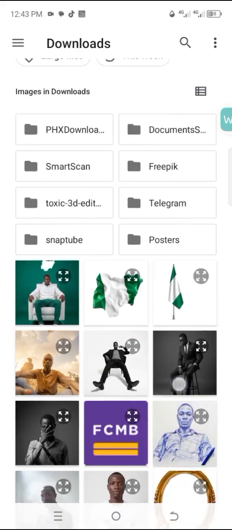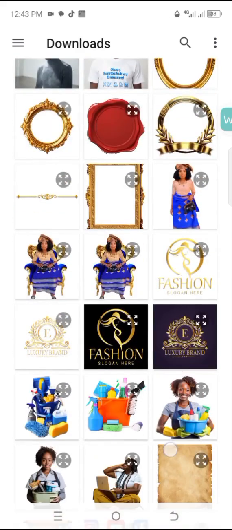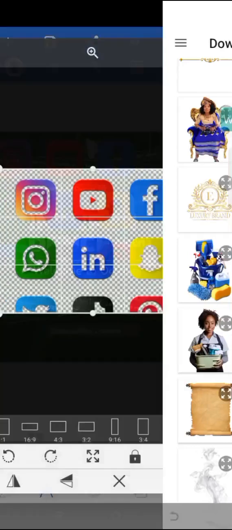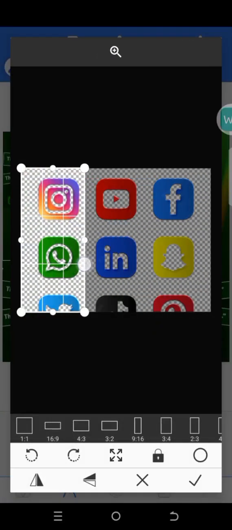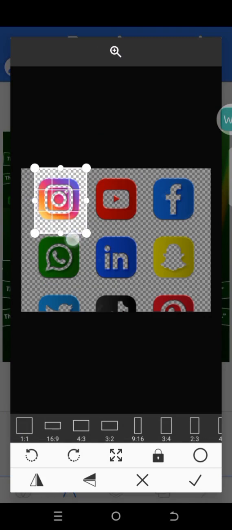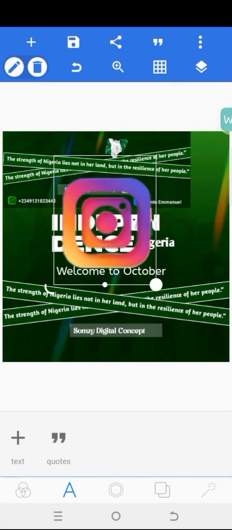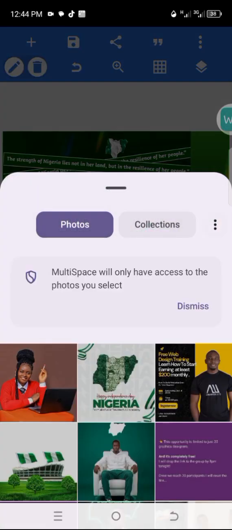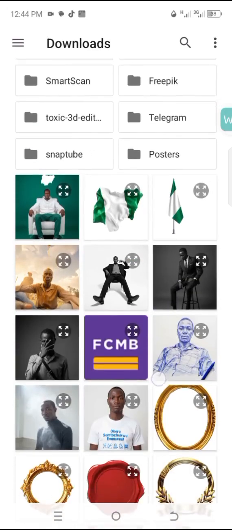So I will go over to my downloads. This is the icon here. I'll first of all crop out this Instagram icon, mark on the good side. I'll reduce it, I will keep it, then I will go back to that same place, then I will